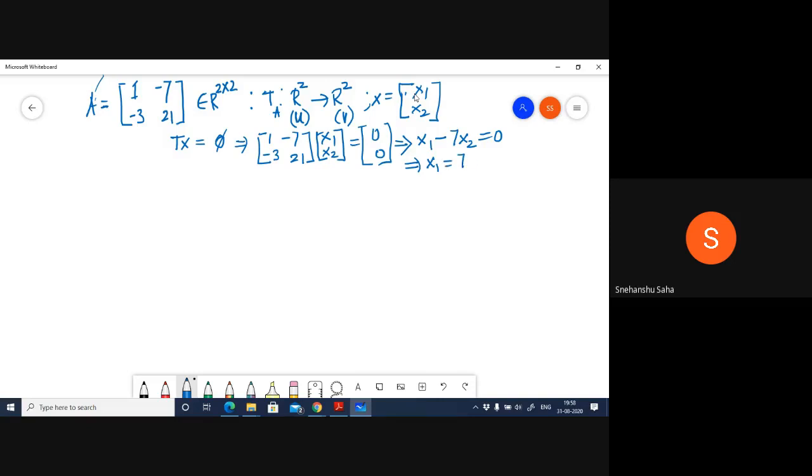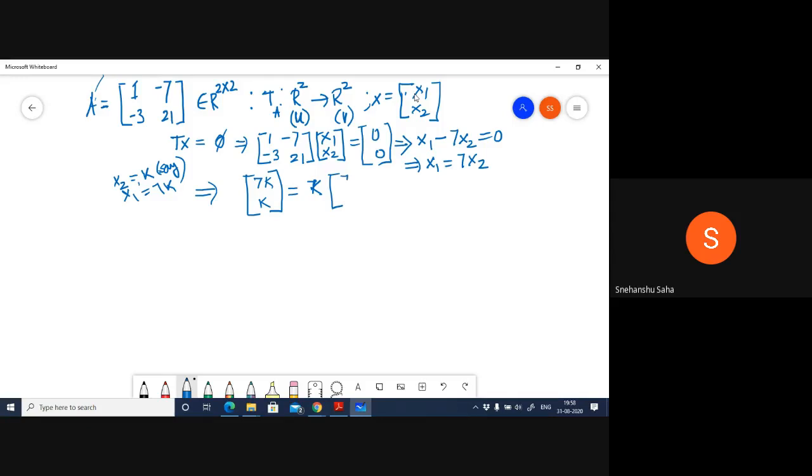So x1 equals 7x2. Now, I really don't know what these values are, and x1, x2 are not vectors, right? These are scalars. So if I just assume that x2 equals k, let's say, then x1 equals 7k, and therefore the null space of this particular linear transformation will contain all vectors of the form (7k, k), or in other words,